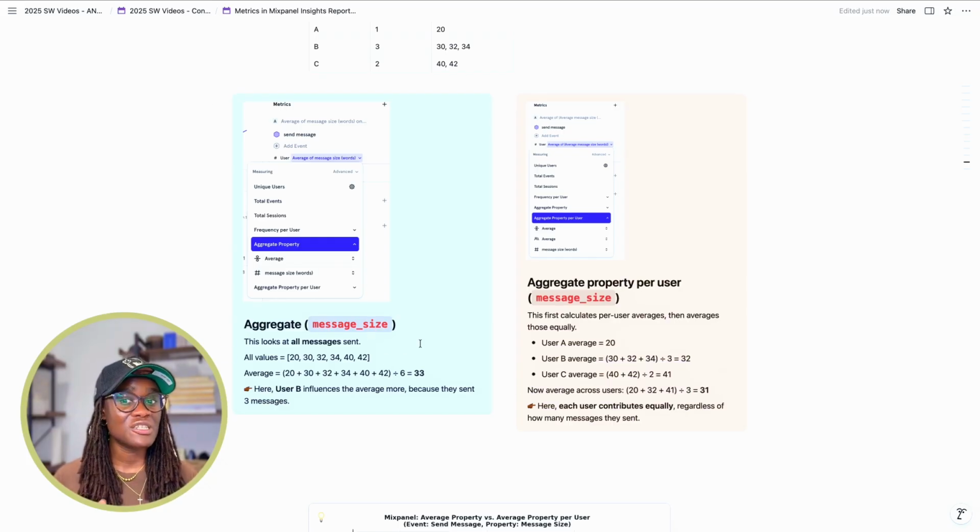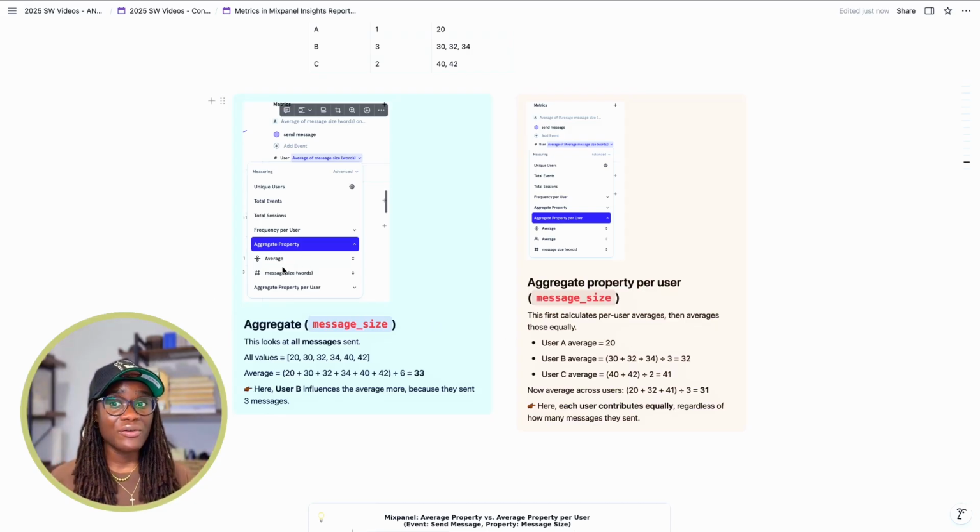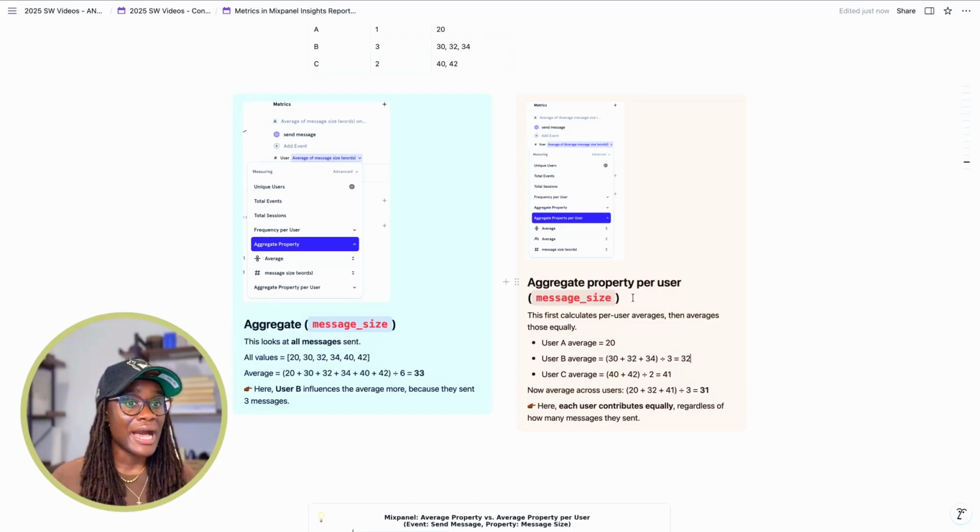And so we can see the difference between using the same example but aggregating the property per user first. And so the difference between the two is that for an aggregate property, we're doing a total sum divided by the total number of occurrences. But for the aggregate property per user, we are doing an average per user and then an average across all the users in question. And so for the first example, which is an aggregate, user B significantly influences this more